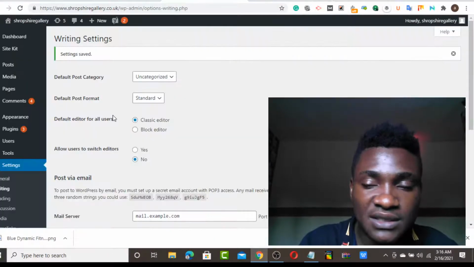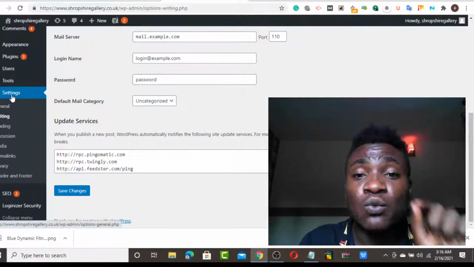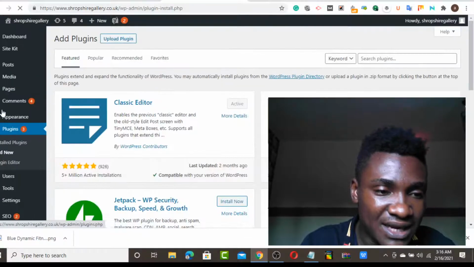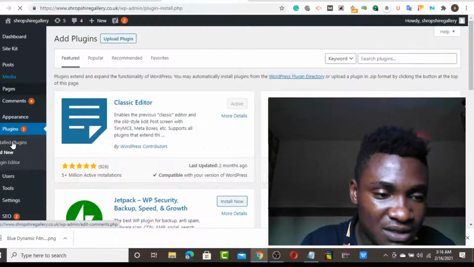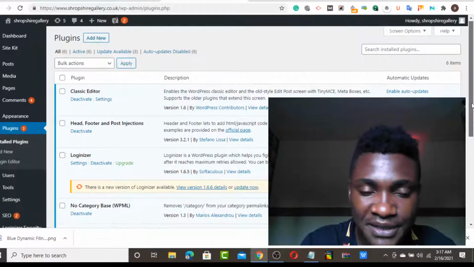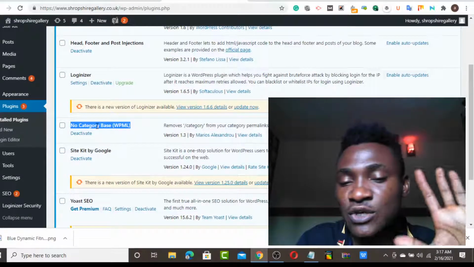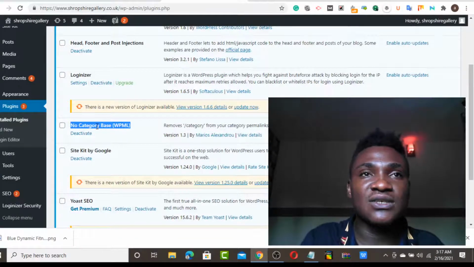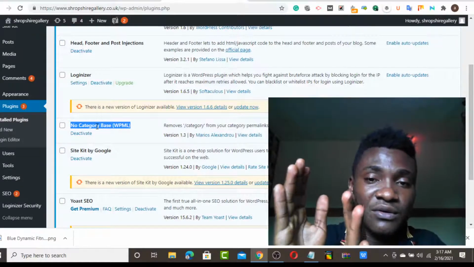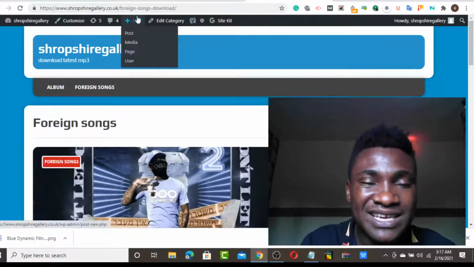Okay, for instance, the next thing we need to work on is optimizing our category by removing the word category in our URL. There are some plugins that do that, and I think I have the plugin, so I'm going to show you the plugin now. They call it No Category Base. This is the plugin. So I would advise you to install this plugin. Once you install it, it's automatically going to remove the word category from your category page URL. So it's going to be yourwebsite.com/